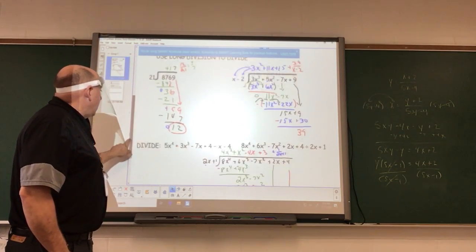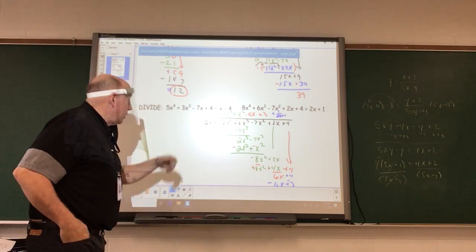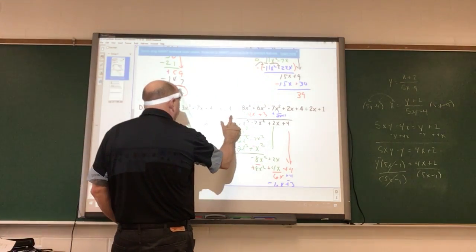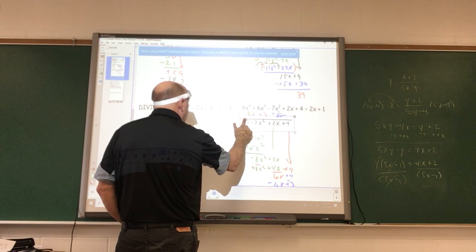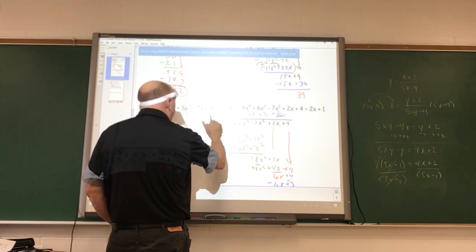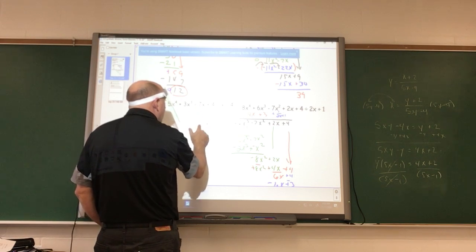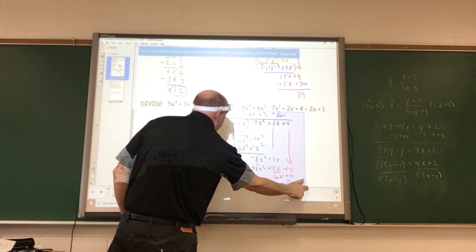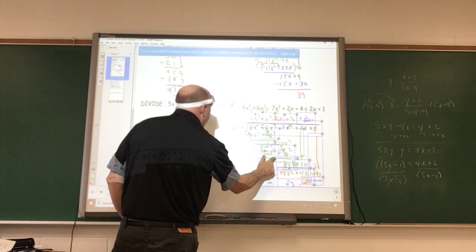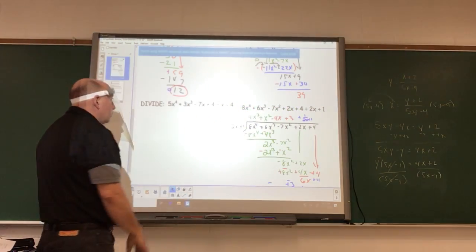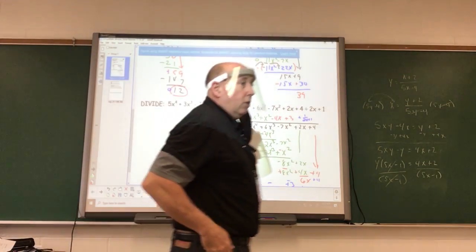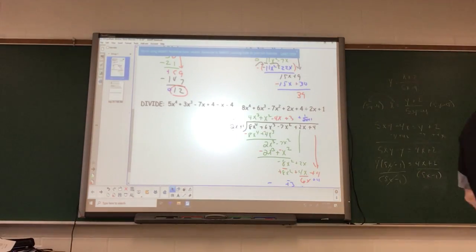If we take a look at this problem right here, we're going to look at how we can utilize the idea of long division to be able to